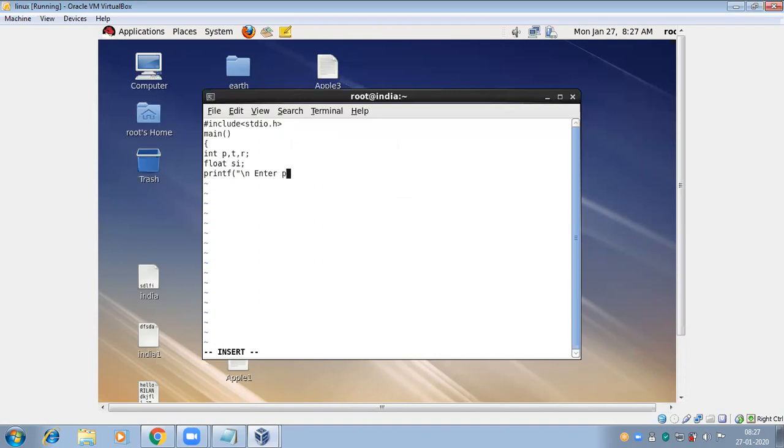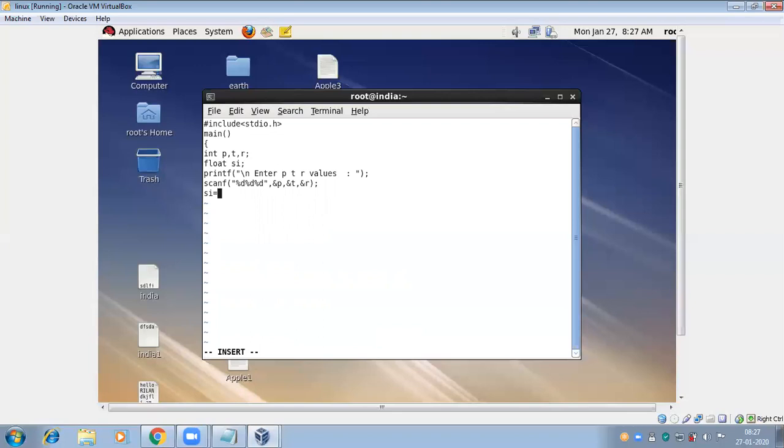Enter P, T, R values. %d, %d, %d. Address of P, address of T, address of R.